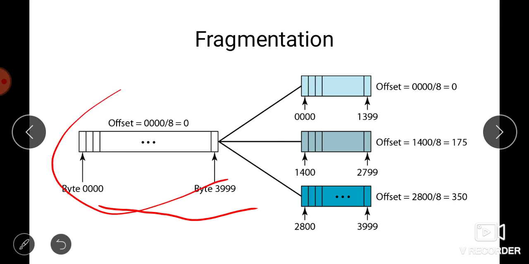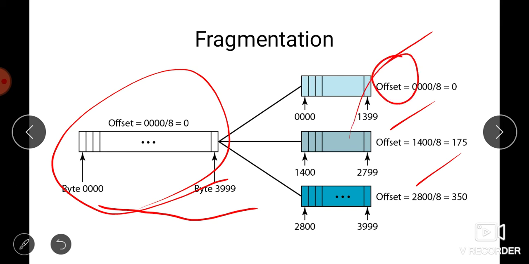Okay, this is the datagram. So we have divided it into 3 parts. So from 0000 to 1399, then 1400 to 2799, then 2800 to 3999. So offset we are calculating like this, we are dividing by 8 because we are taking in bytes. That's why we are dividing by 8. So each and every first value has to be divided by 8, and it will give you the offset value because we are talking in bytes. Okay, and here these are bits.